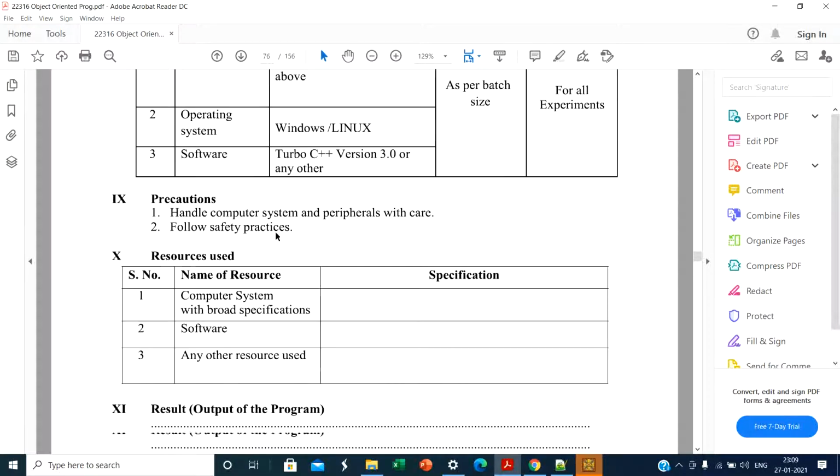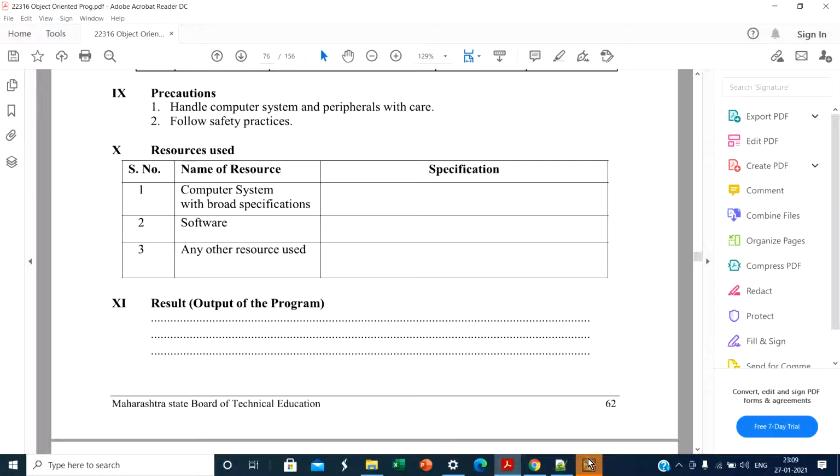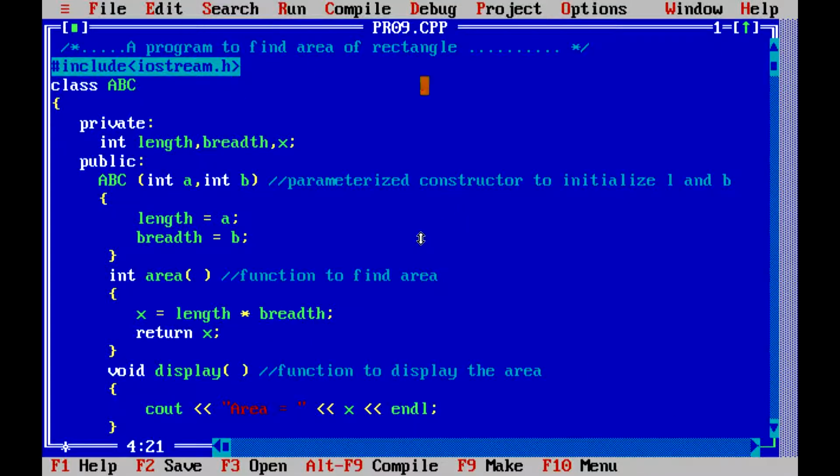For this we see one program: a program to find the area of a rectangle. First we include the header file iostream.h. Then we define one class ABC.